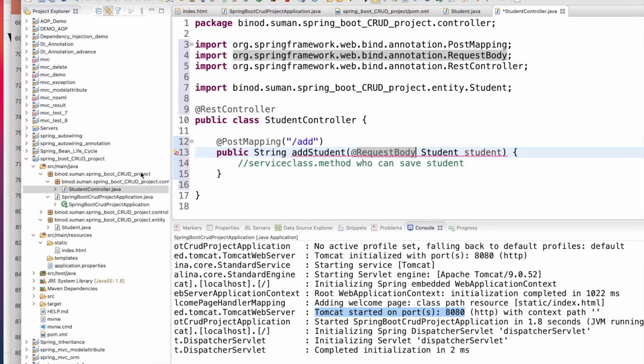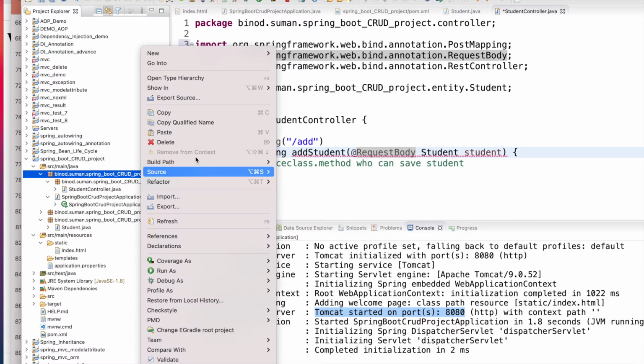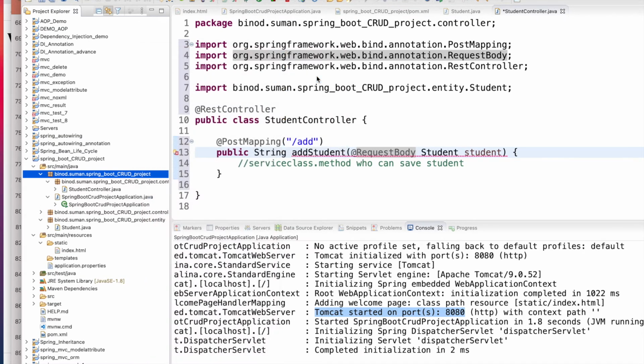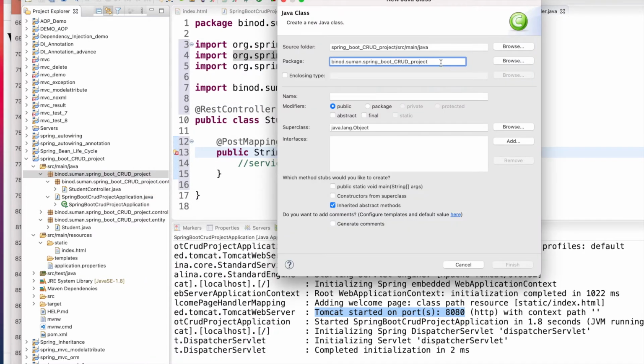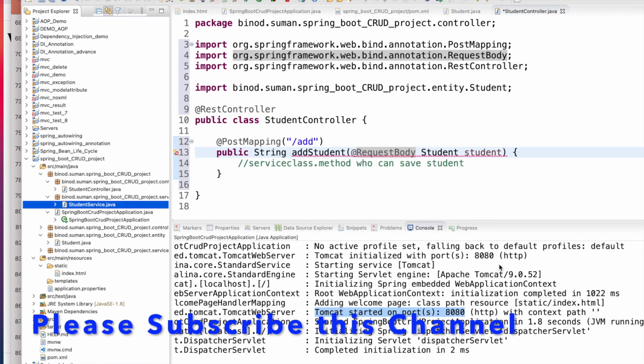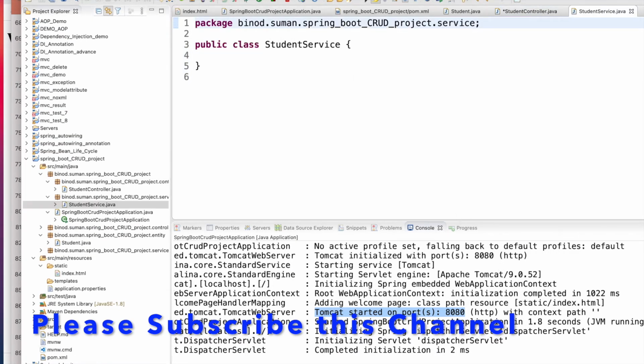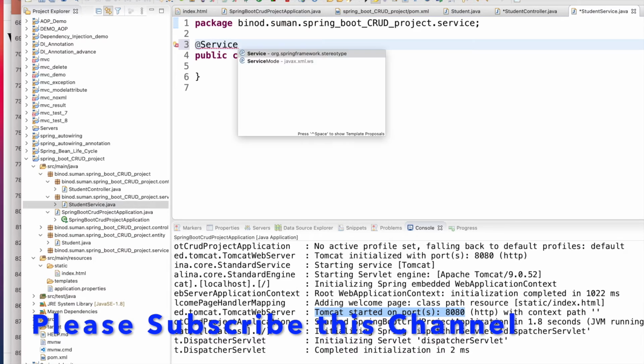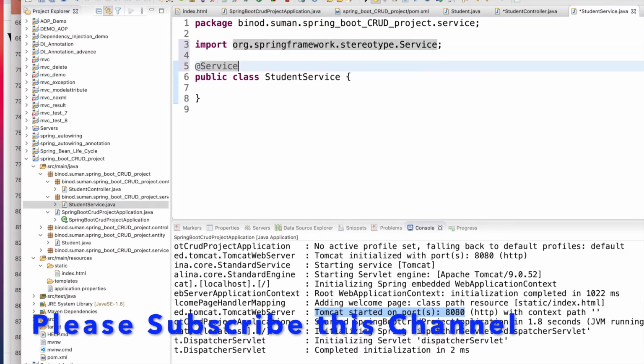So let us first repeat here and go and create the service. We will come back here because it required need the service. Create one package for the service, and student service we make it here, right? So what I have to do, that in service you have to annotate with the service, so Spring can understand this is the service.